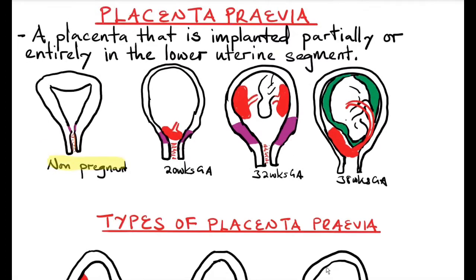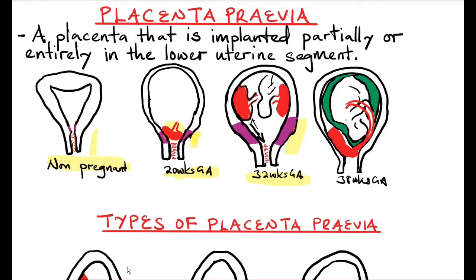This is in the non-pregnant state. The lower uterine segment has not yet formed. Okay, this is at 20 weeks gestation age. You have your placenta lying low here, but the lower uterine segment has not yet fully developed. Here at 32 weeks gestation age, you can say that the lower uterine segment has fully developed and the placenta is normally situated here. It has moved upwards. As the lower uterine segment stretches down here, the placenta is stretched upwards here, which normally gets situated in the